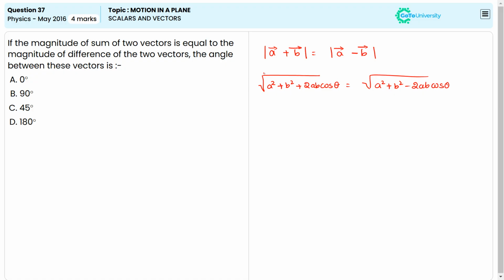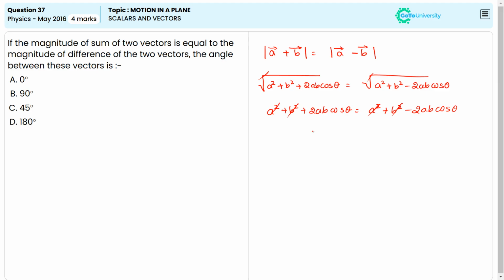Then if both are equal, then I can cancel this root. Then this becomes A square plus B square plus 2AB cos theta is equal to A square plus B square minus 2AB cos theta. Then we can cancel A square, B square,